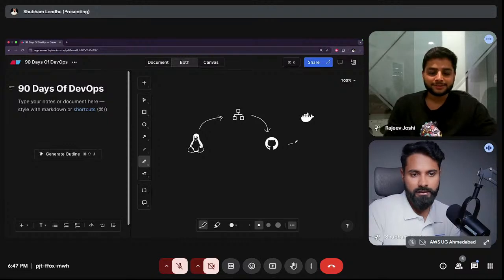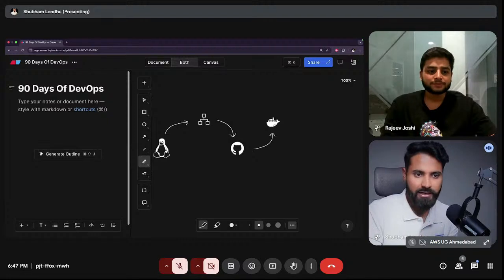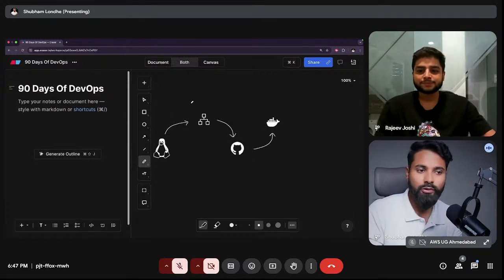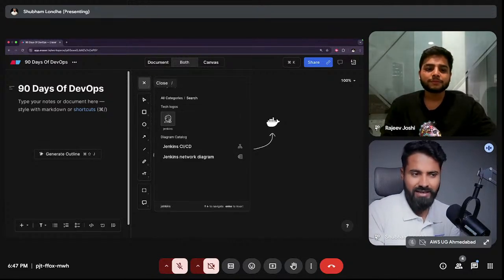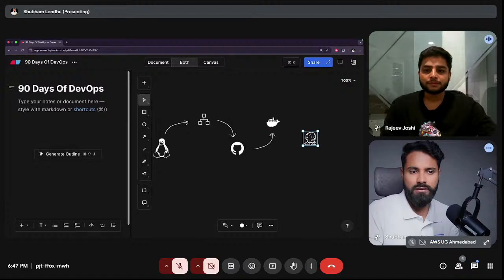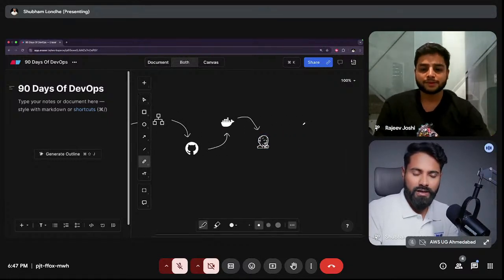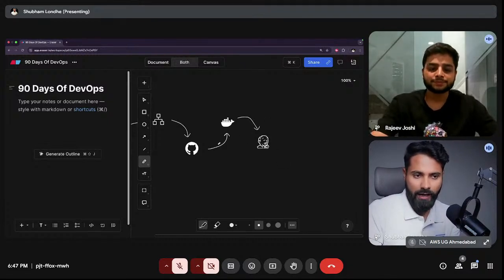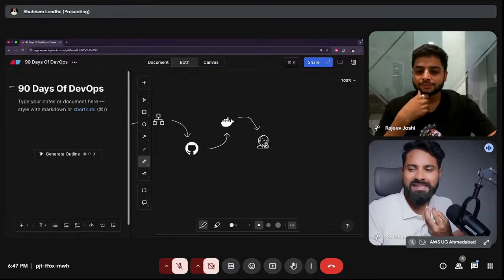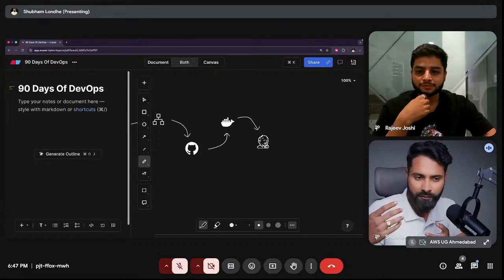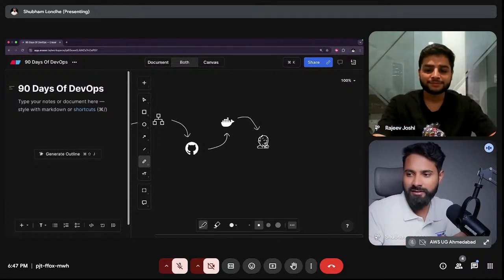Once you know that your Linux, Git, and Docker are strong, only then try to automate all these things using Jenkins or GitHub Actions or any open source tool that you know.